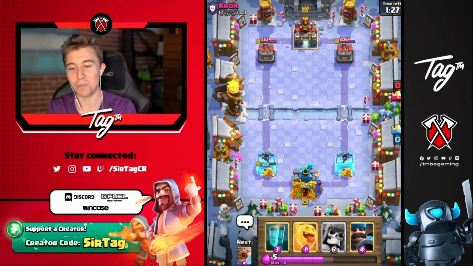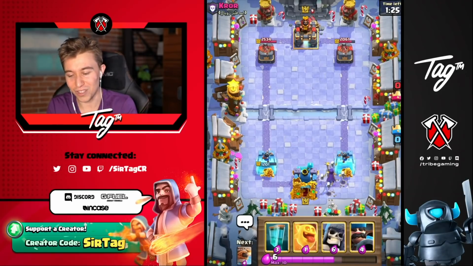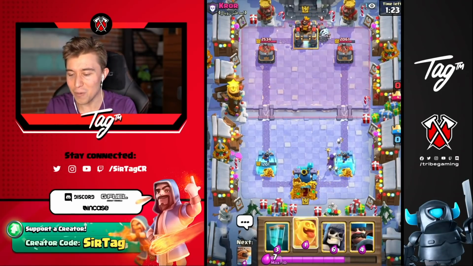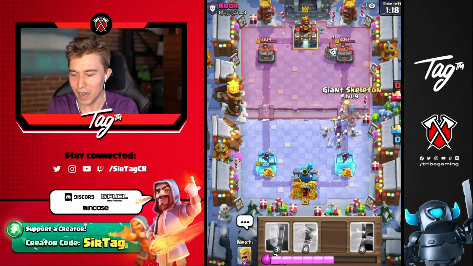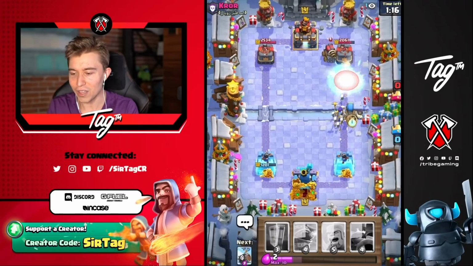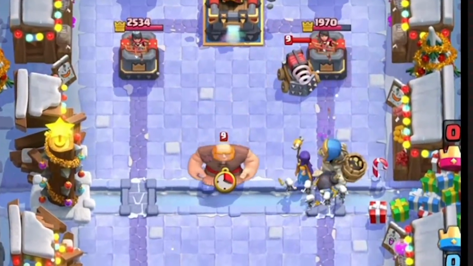So skeletons are going to go and bait out the zap. I'm going to go for another witch in the back. I think that the way that we break through this is just sacrifice the witch in every single possibility. Maybe we can go in for a heal spirit first and then the heal spirit gets hit. Yeah, I think the heal spirit gets hit here. And then we can go in for a giant skeleton. If the heal spirit gets hit, and then we go for a giant skeleton, and then the witch goes out of the way,